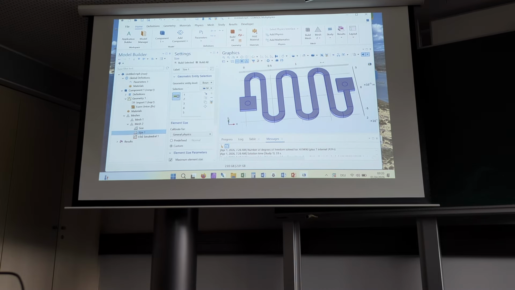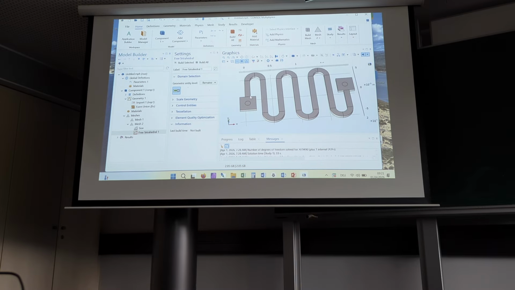We have, in fact, a size node by definition, also a second. I'm not sure why we have a second. We can delete it. We don't need it. So if I would build the geometry now, it would actually be the same as mesh 1. But we want to do different things, and the strategy to do it would be that we start